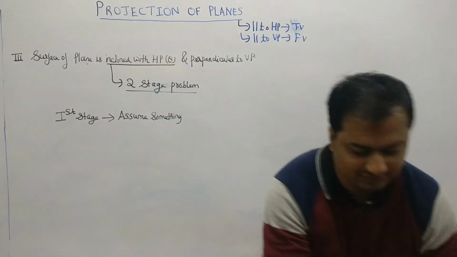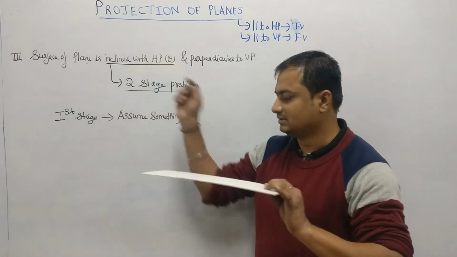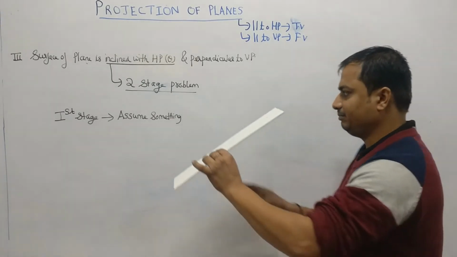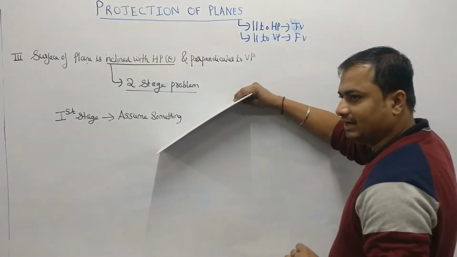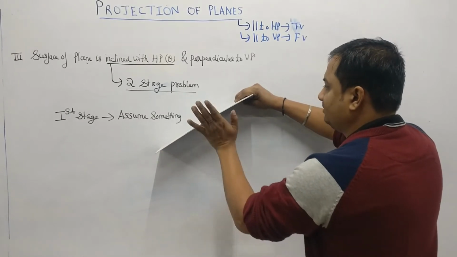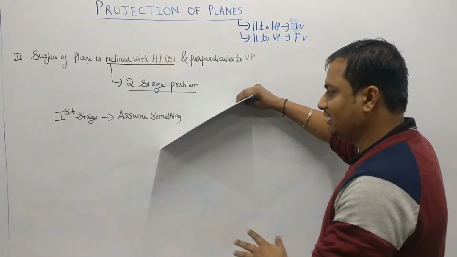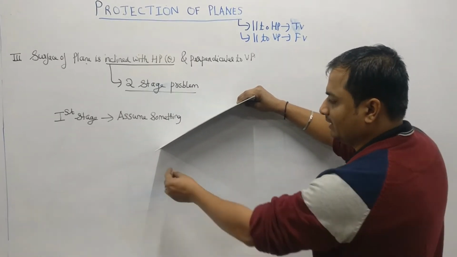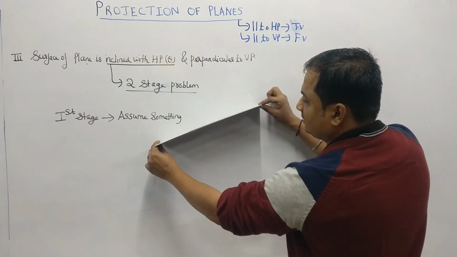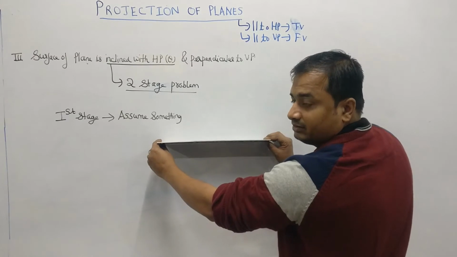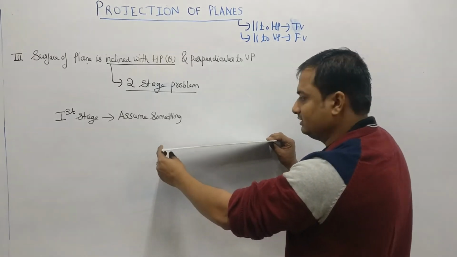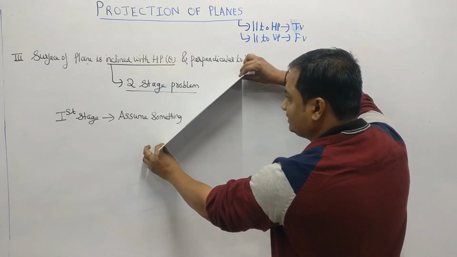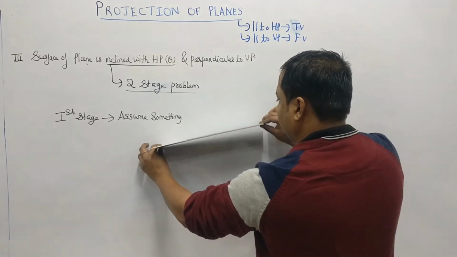That is also very clear, what we can assume. Coming back to this case, this is a rectangle, the surface is inclined with the HP with an angle of theta, and it is perpendicular to the VP. Directly we can't draw the projection of this plane as it is inclined with the HP. So what we have to assume in the first step is that this is not inclined, this is parallel to the HP. Just try to understand and please note down the concepts also, that is very important. For the first stage we will be assuming the plane lies flat.